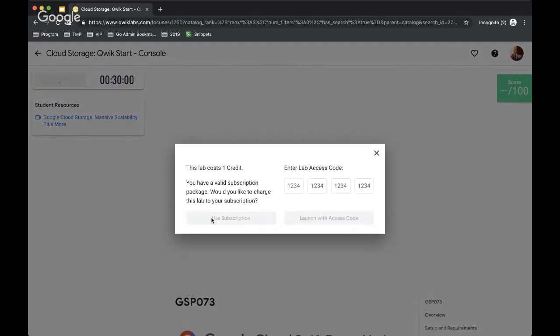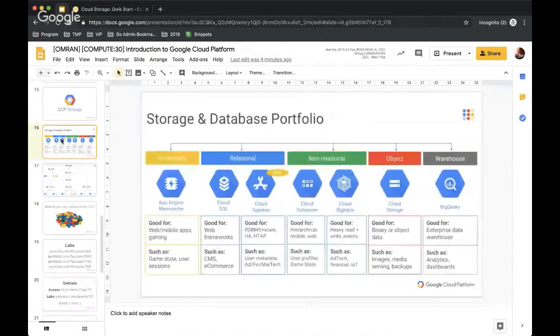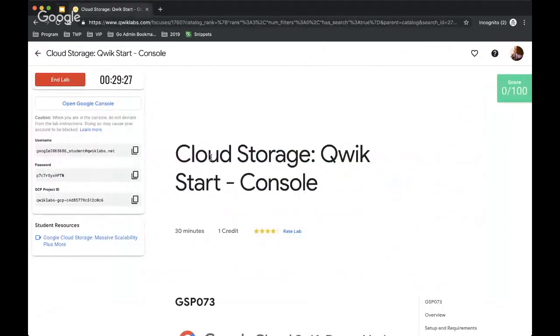Click on use subscription until the resources are being created. Let's make sure that we understand what we are going to get training on. This lab is actually on object storage, which is cloud storage. This is not databases, it's binary storage or object storage, and we can use cloud storage for that. It's good for binary or object data such as images, media serving, and backups. Okay, let's go here and click on Open Google Console,